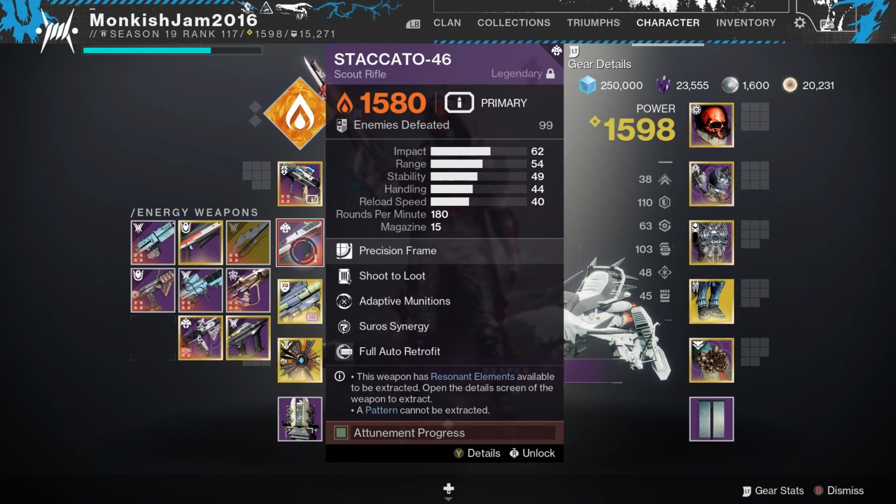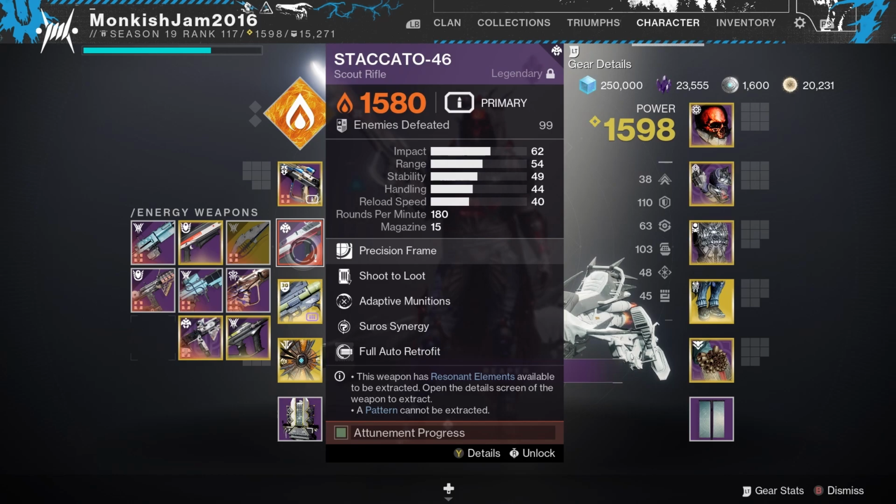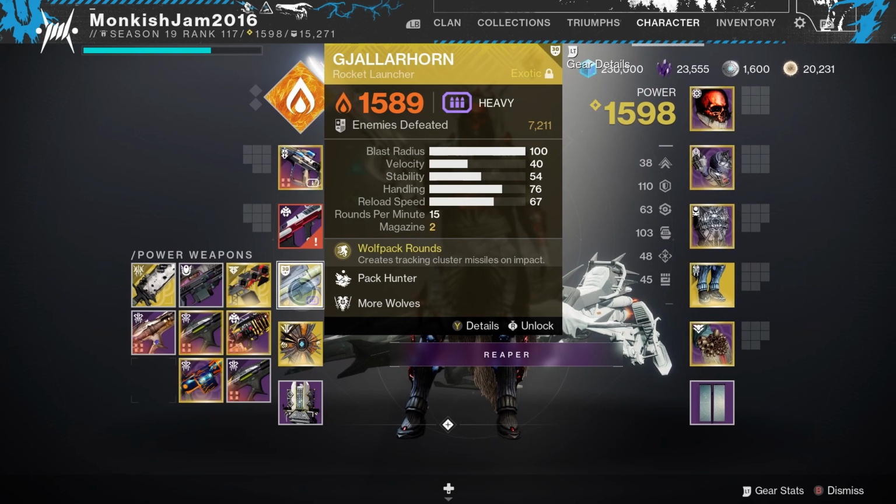And Shoot to Loot is on it, which is a plus, just so any heavy ammo bricks I might see, I can shoot them and it'll pick it up and then reload all my weapons. So that's pretty good. And in my heavy slot, I'm running good old faithful Gallahorn, just because it is solar